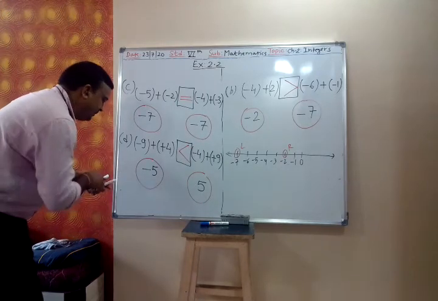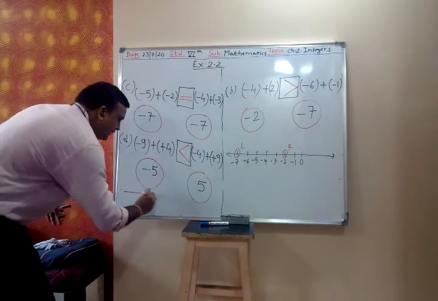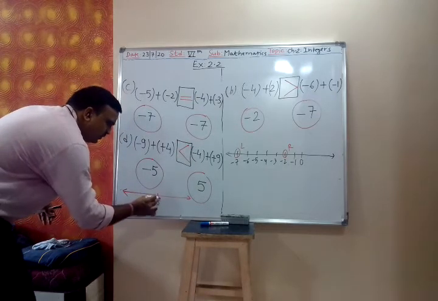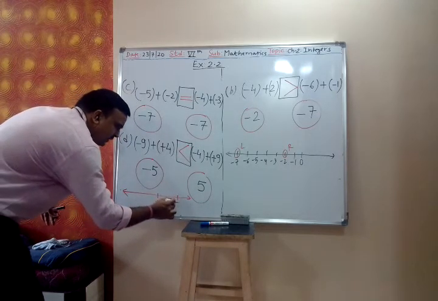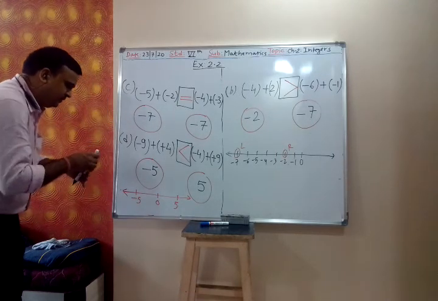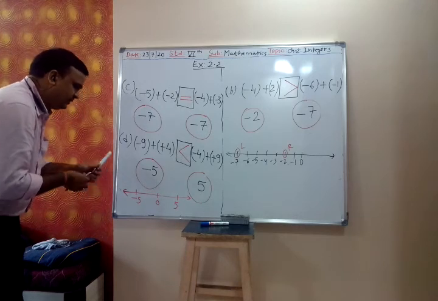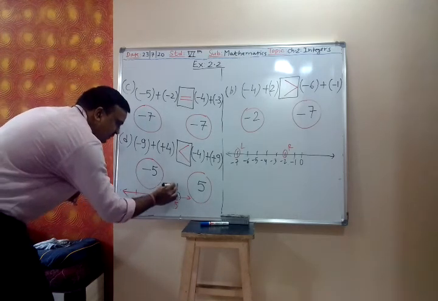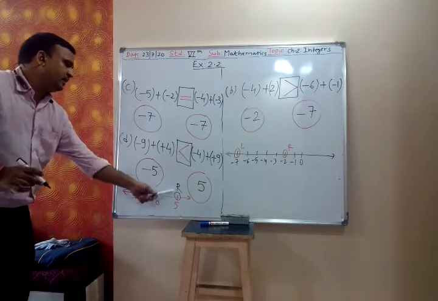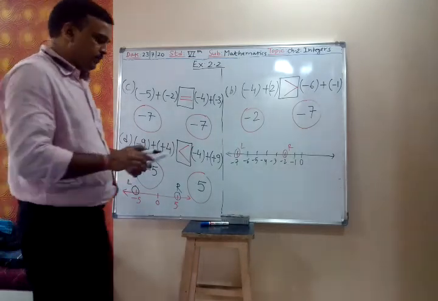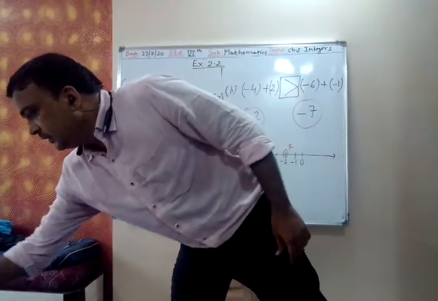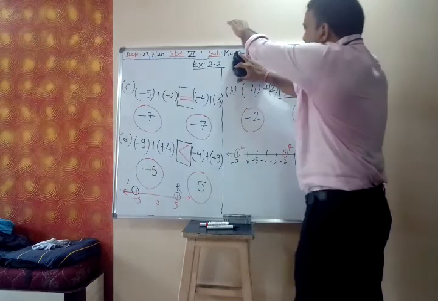Because when you see the number line, draw the number line. See. Wait. Draw the number line. This is 0. This is 5. And this is minus 5. This is on the right and this is on the left. So 5 is on the right, so 5 is bigger. Now all of you take a few problems for practice.